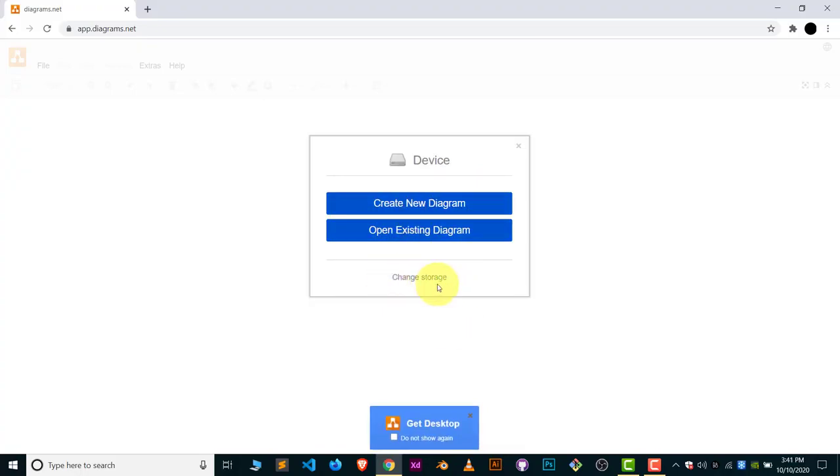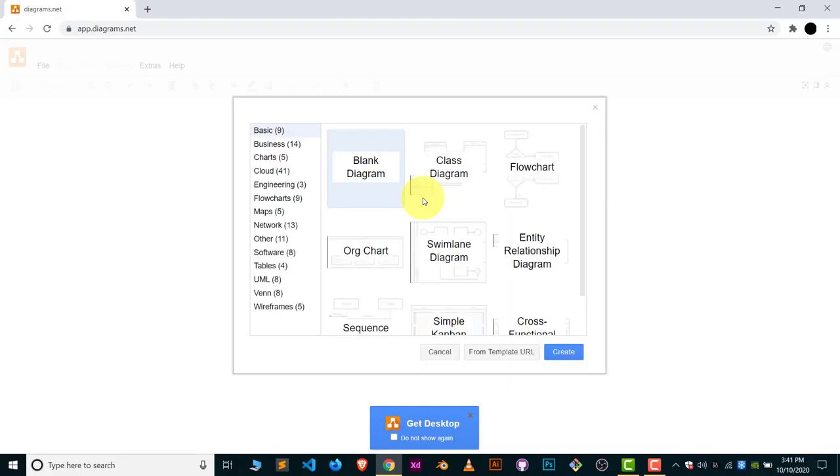And from change storage, you can change the storage. And now here you can see open existing diagram. If you have any existing diagram, just click on open existing diagram and it will open the existing diagram for you in this software. If you just want to create a fresh file, just click on create a new diagram,